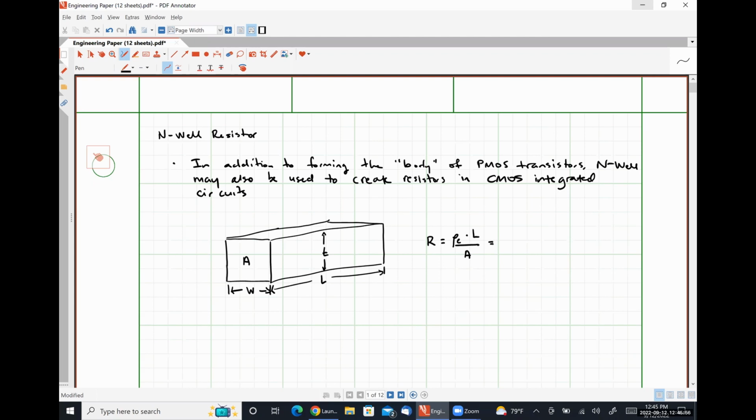And we're going to expand this slightly and say that the cross-sectional area is simply the product of the width